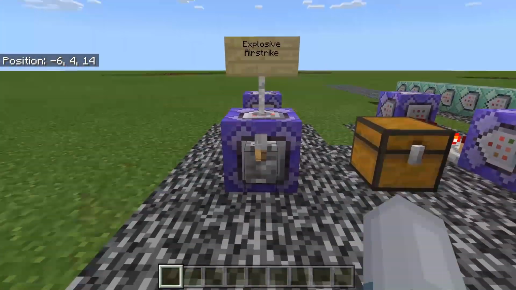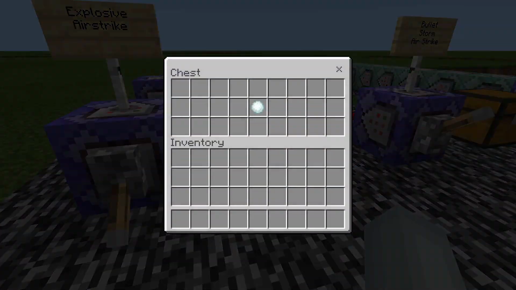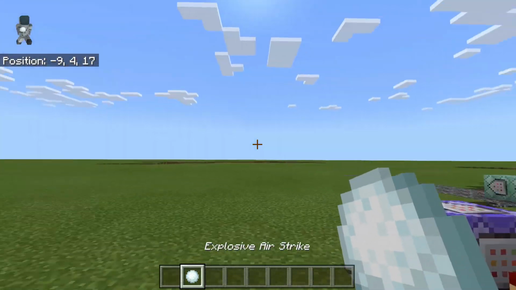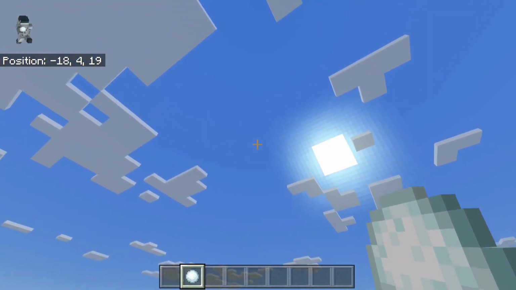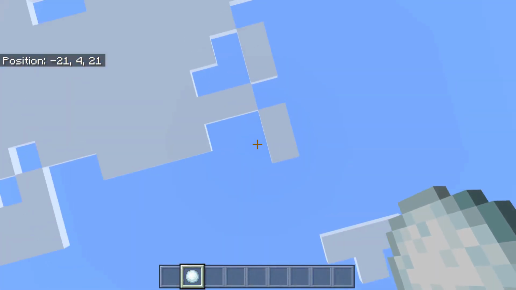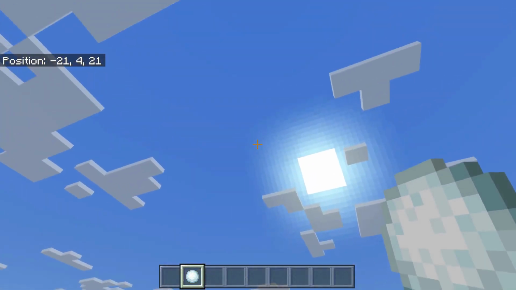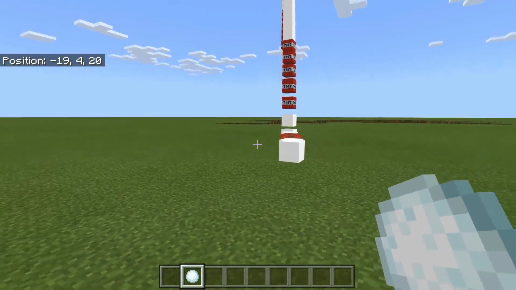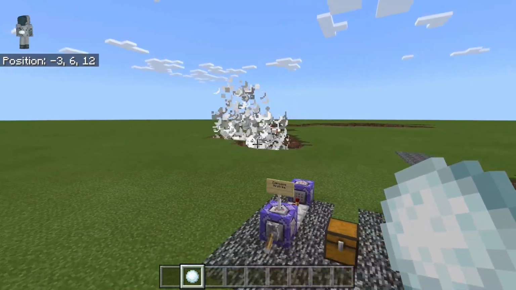Alright, the first one is the explosive airstrike. To demonstrate it, I'll just grab the explosive airstrike snowball. It can be any snowball, but I have it here set as the explosive airstrike, and you'll go ahead and see why I did this. If you throw it, it doesn't seem like much until the TNT starts spawning in, and oh boy, this thing makes a huge